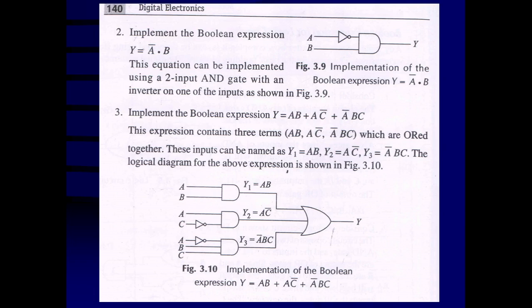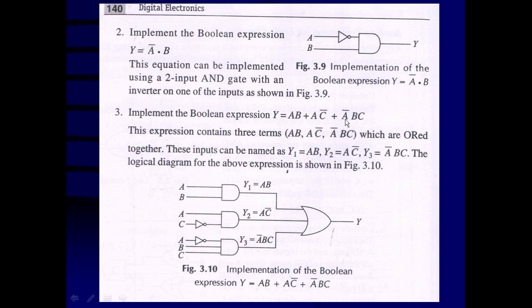So first AND gate, we require a dot b. That means there should be one AND gate which should have the two inputs a and b. So like this way, we can draw the AND gate which has two inputs a and b. We will be having a second AND gate which has the input c bar. That means a will be one of the inputs and c is going to be complemented through the NOT gate, and we will be having another input for the AND gate, c bar. So y2 is equal to a c bar.